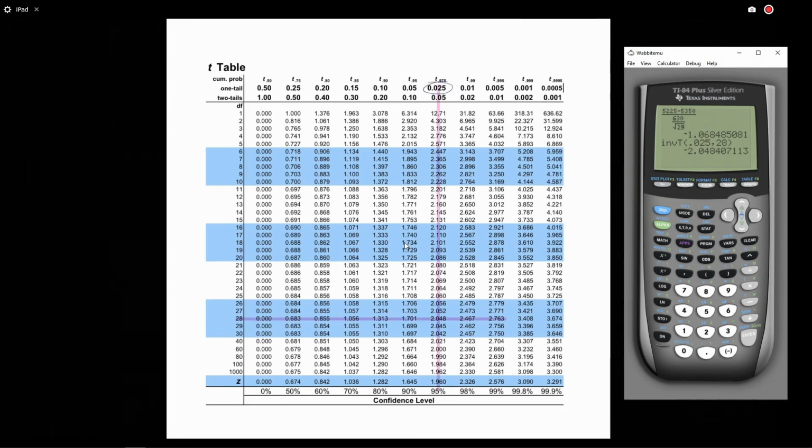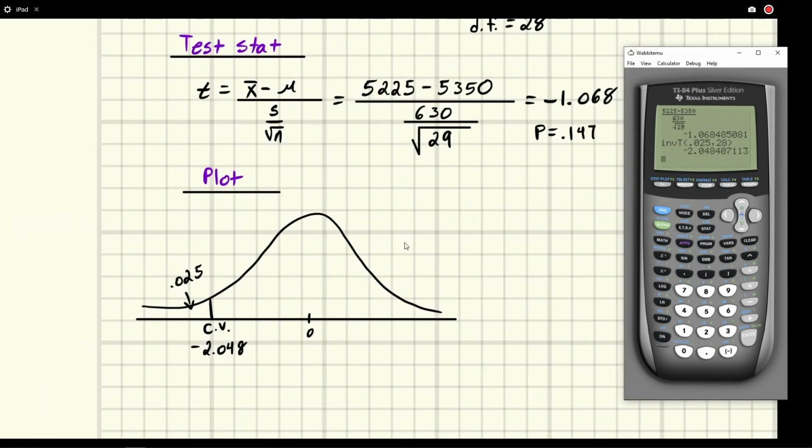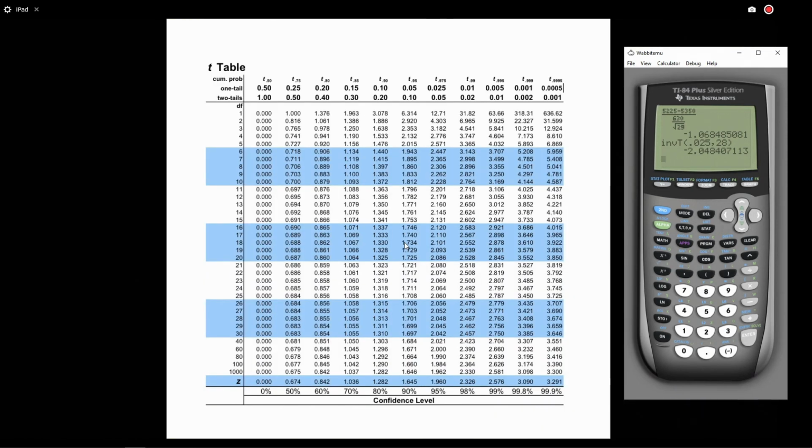Oh, while we're here, let me show you how to do the p-value as well. So this correlates to 0.025. Now let's say you wanted to find the p-value. Well, the p-value is the area covered by our test stat, right? So that's negative 1.068. So we're going to go to the t-table. We're going to look up negative